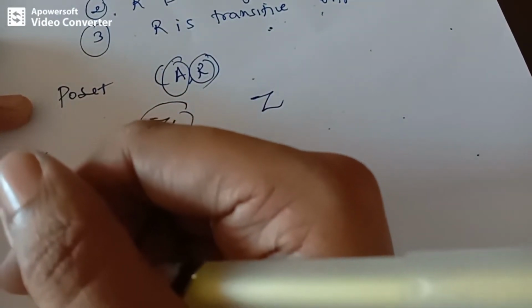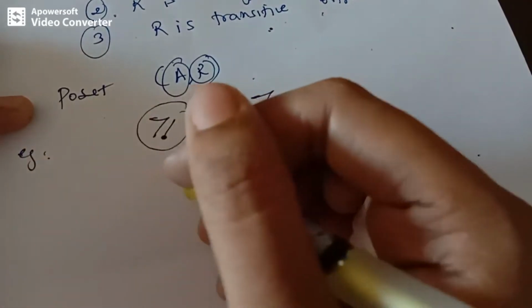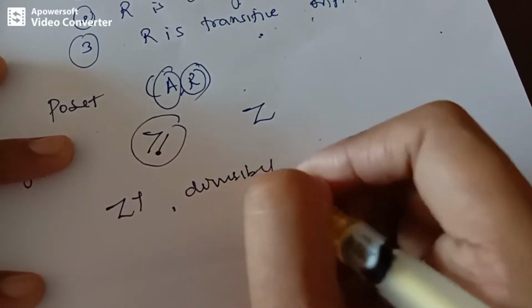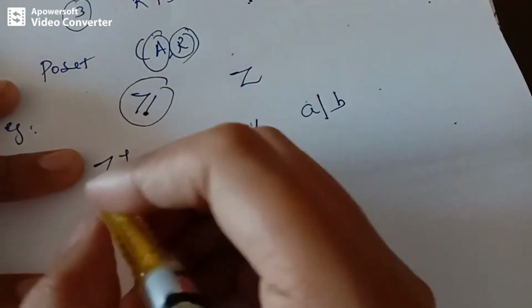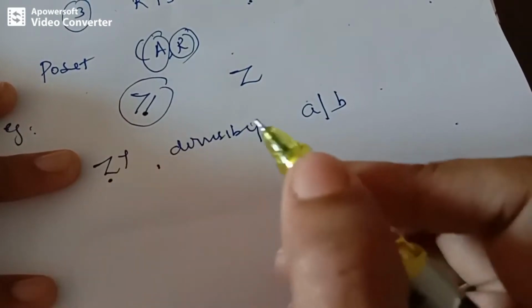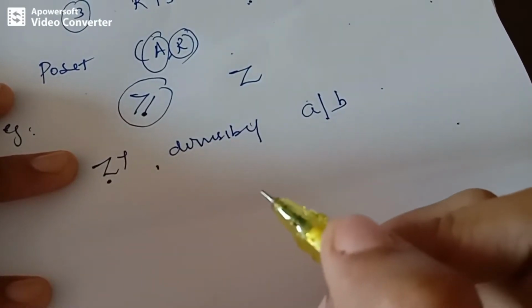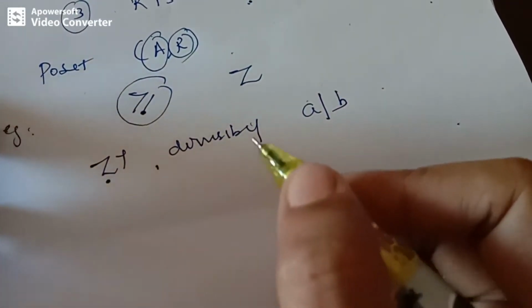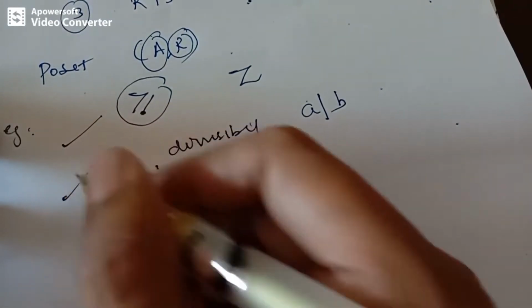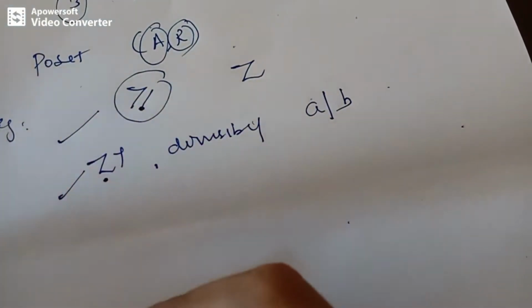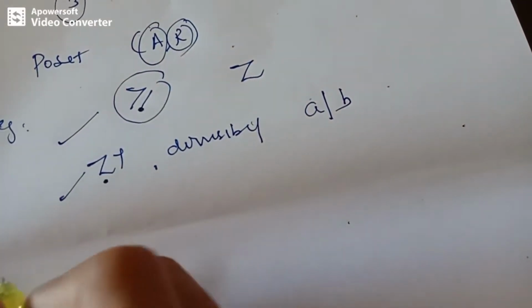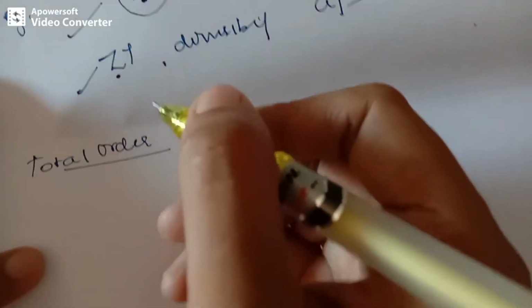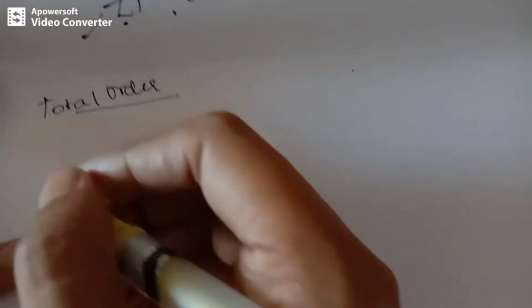And if we take the divisibility relation on Z plus, that is, a divides b, okay, a divides b, on the set of integers, so it is also a partial order. So I'll explain all these things with the problems which we'll discuss later. So we can take the relation greater than or equal to, or even the divisibility relation, as also a partial order. So next, coming to the second concept, that is total order. So we look into all the problems related to all these concepts, then it will be clear to you.